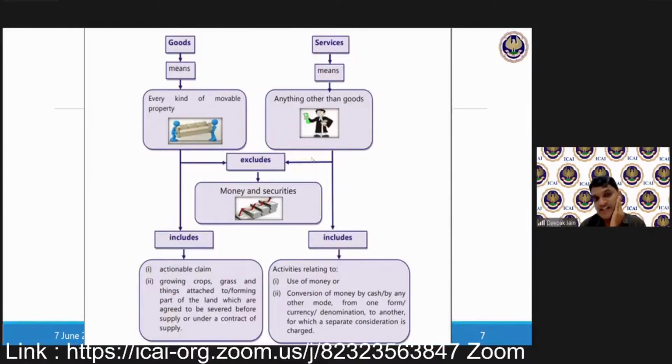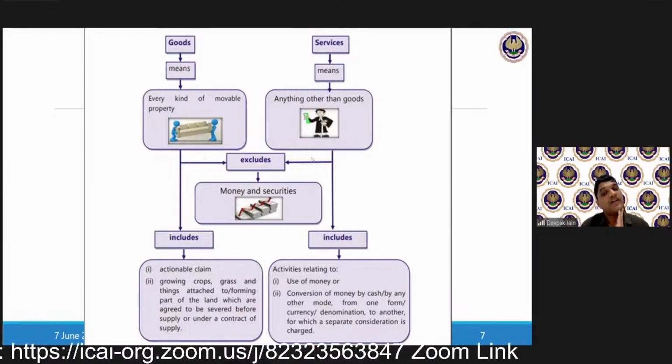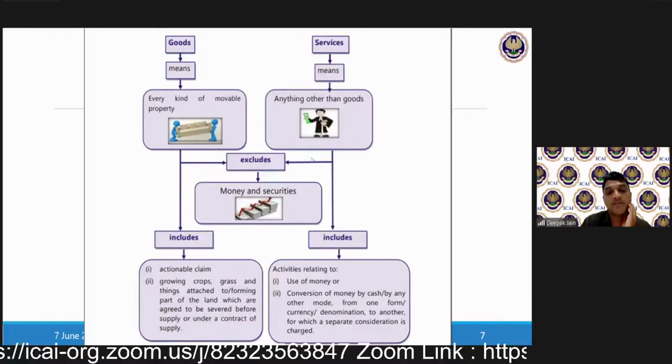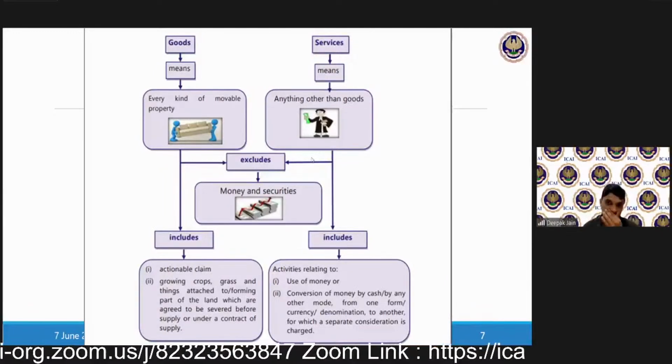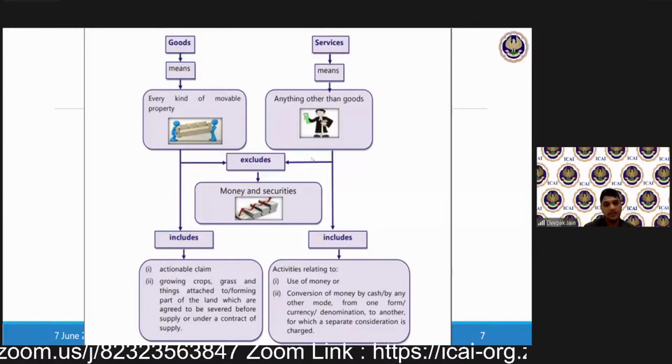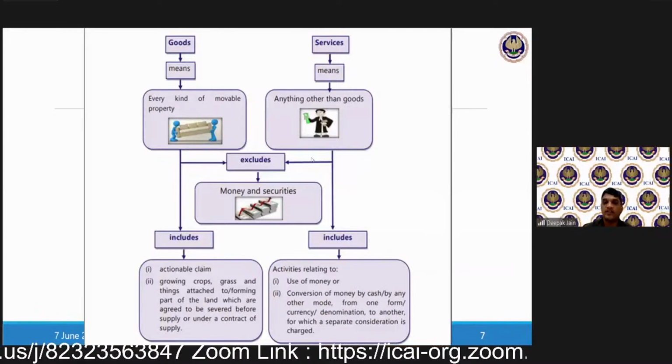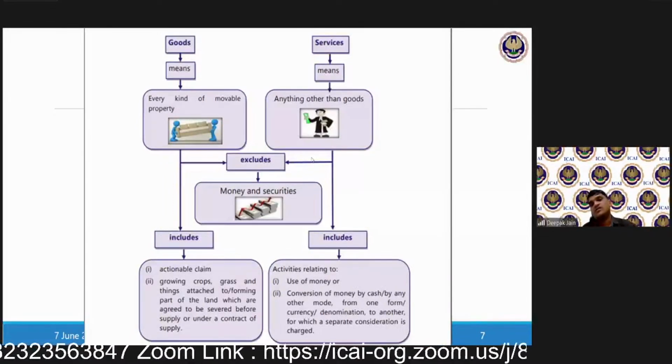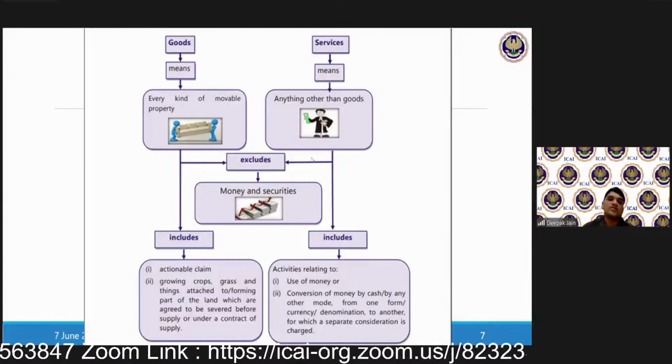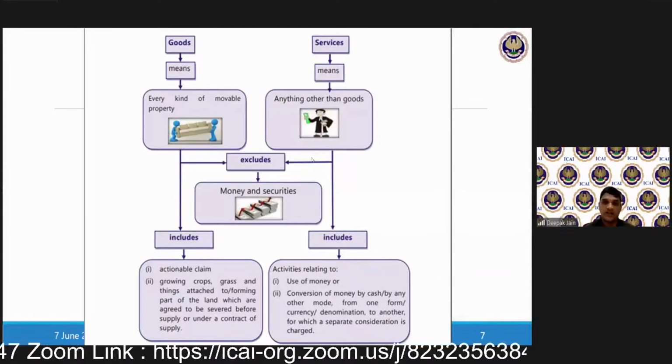Endorsement of bill of exchange is an example of actionable claim or good supply. No, it is not an actionable claim because bill of exchange, you can say partially it is, but when you give a bill of exchange, it is for a supply of goods, so may not be an exact actionable claim.